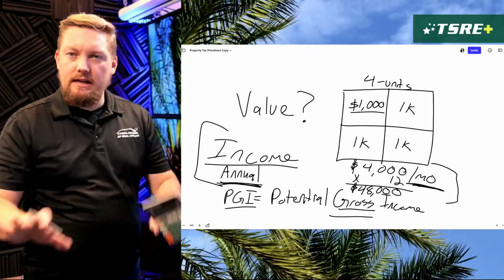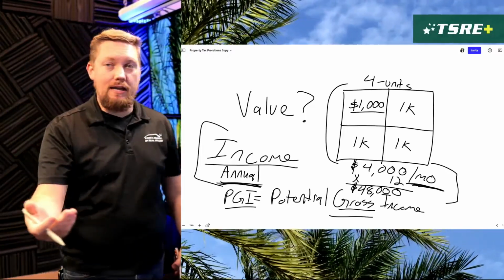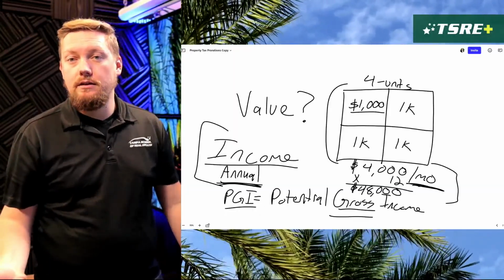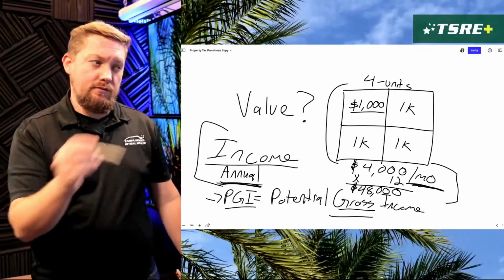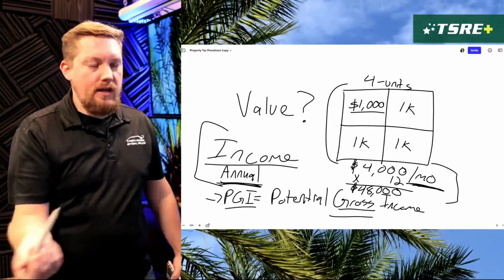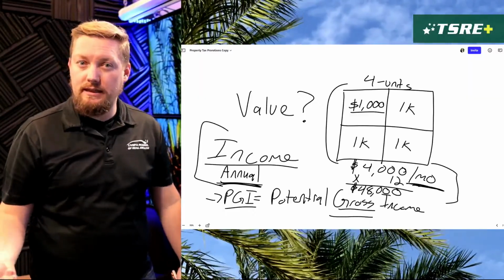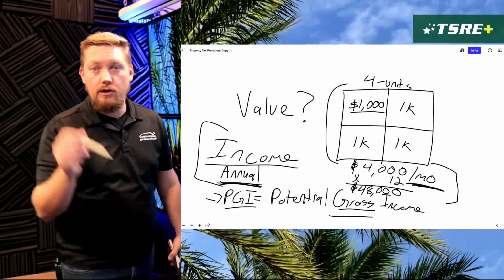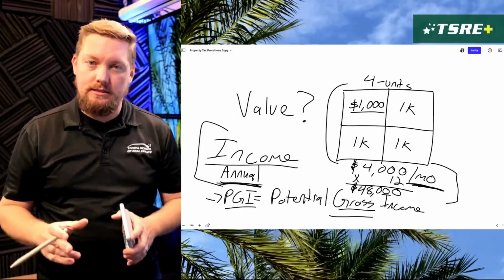Before we even factor in what anything costs, what is the most if we maxed out the rent? Because maybe part of the investment strategy is going to involve improving the property so these rents can be raised. And that's where looking at, okay, what is the potential for the entire property? What could it produce if you improve the property? Not only could you potentially increase rents, but also potentially decrease turnover. Because if it's a more enjoyable place to live, people will stay there longer. And so by reducing the turnover, you're reducing what's called vacancy and collection losses.